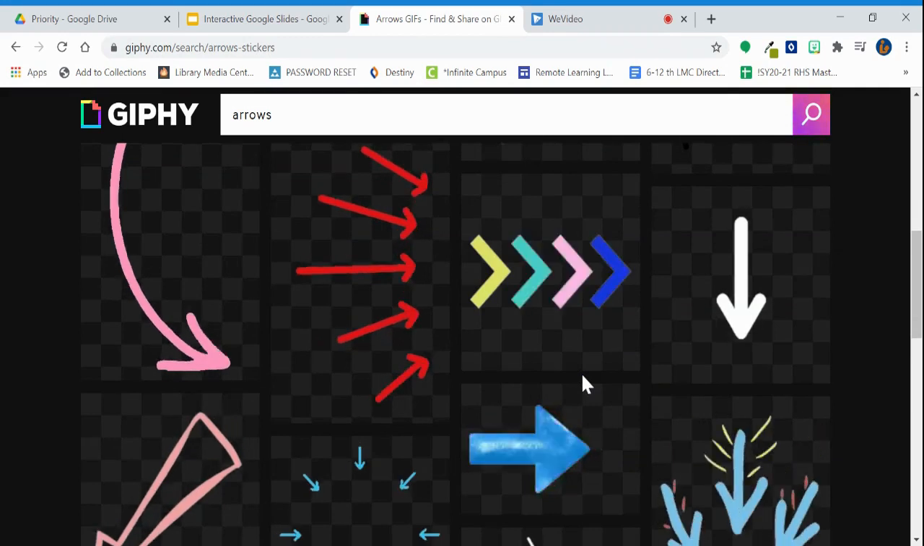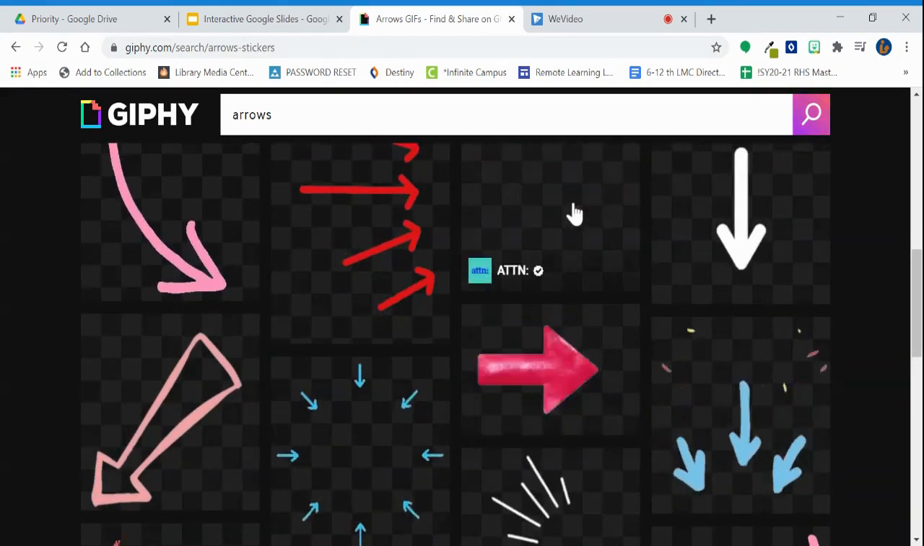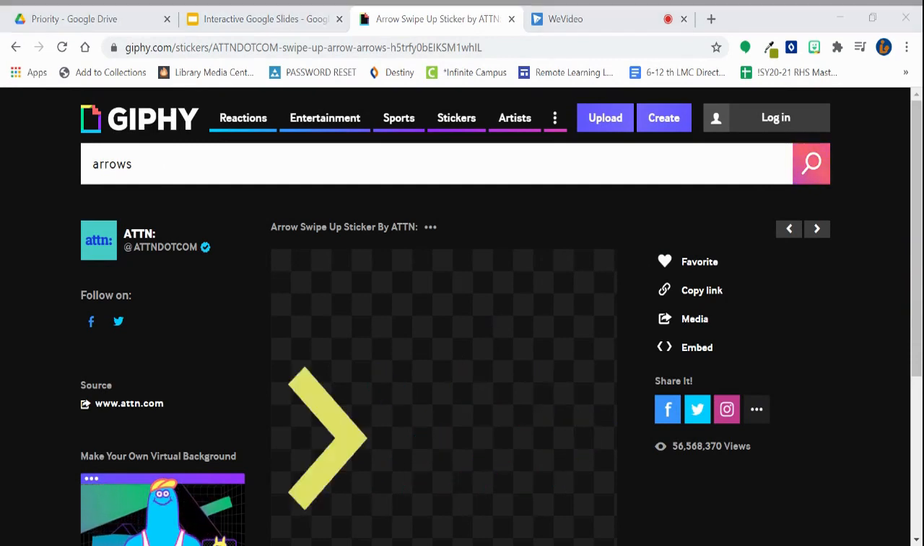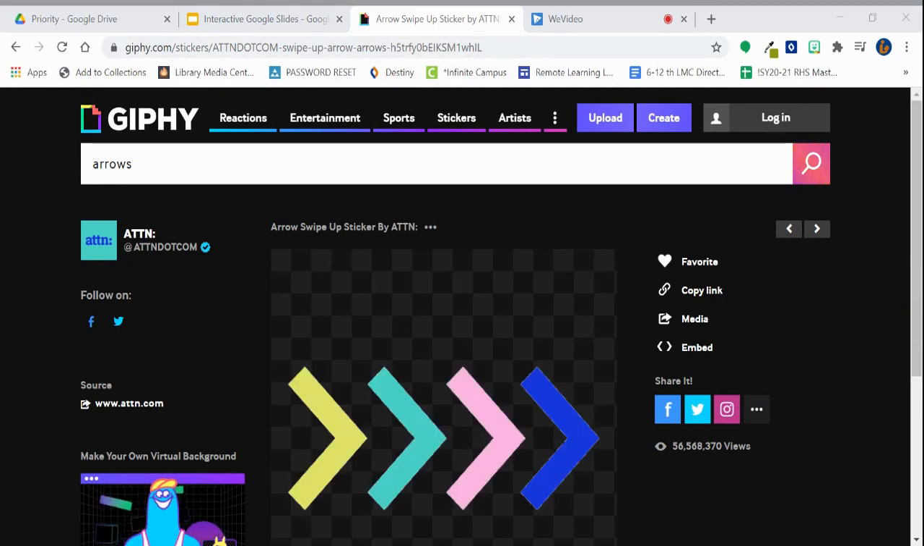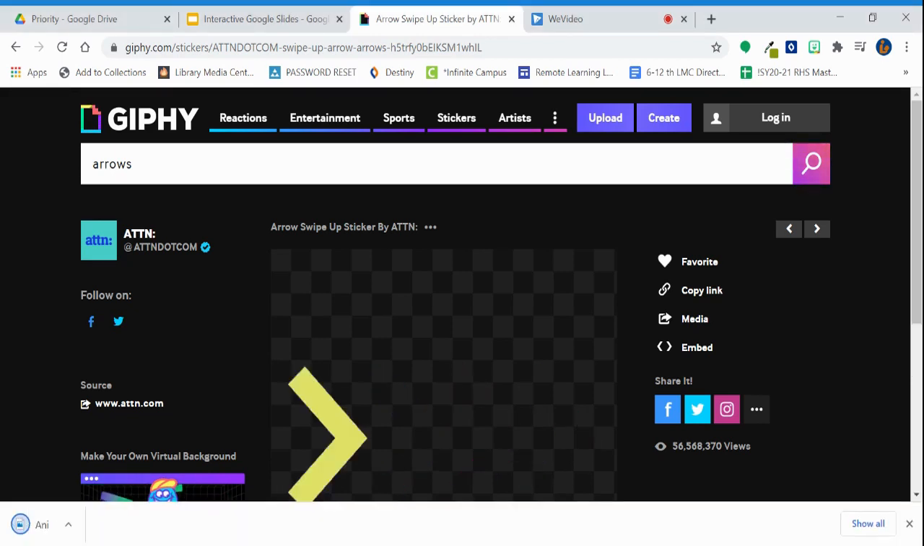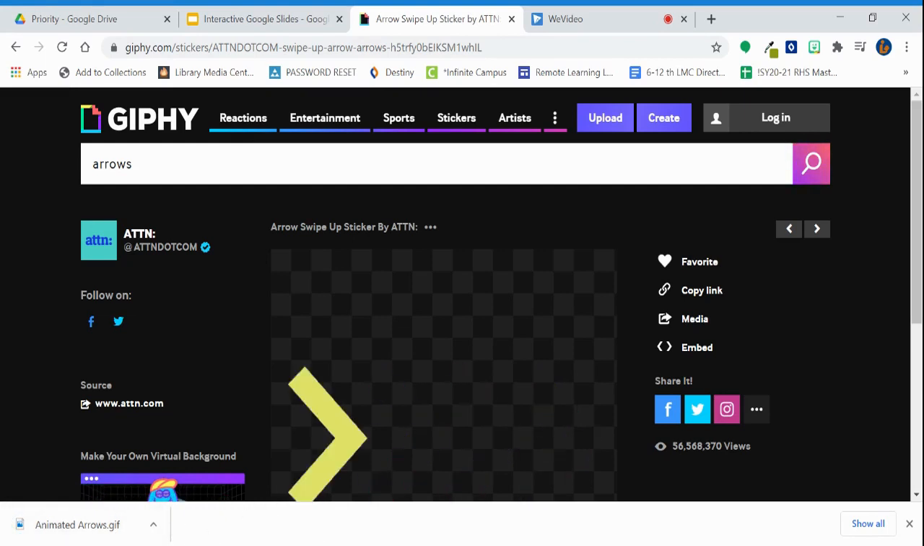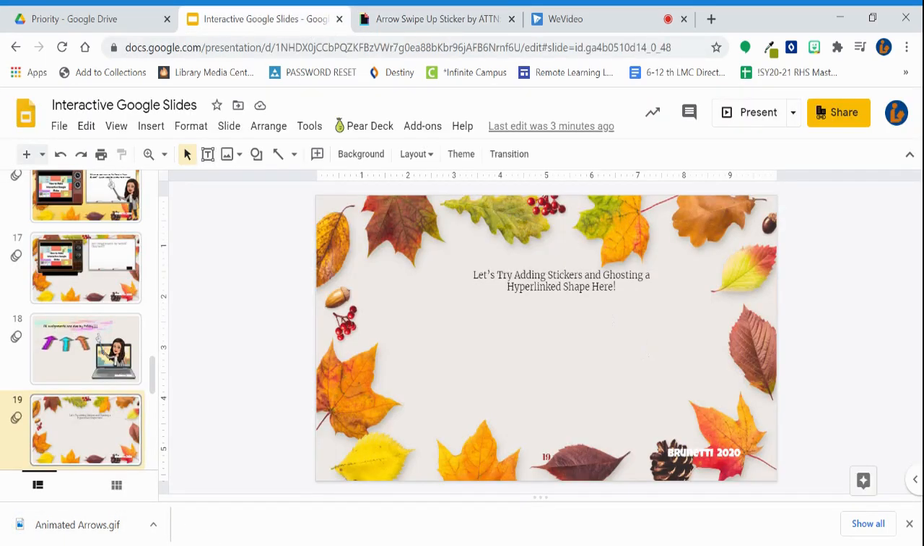Maybe this time I will use these arrows. So you click on what you want, right-click on that image, you're going to save that image. I'm going to save it to my desktop because it's easy to get to. And so now I've got this GIF, these stickers, which is a .gif file. And on this slide, I want to point to these words here. So now I just go to Insert